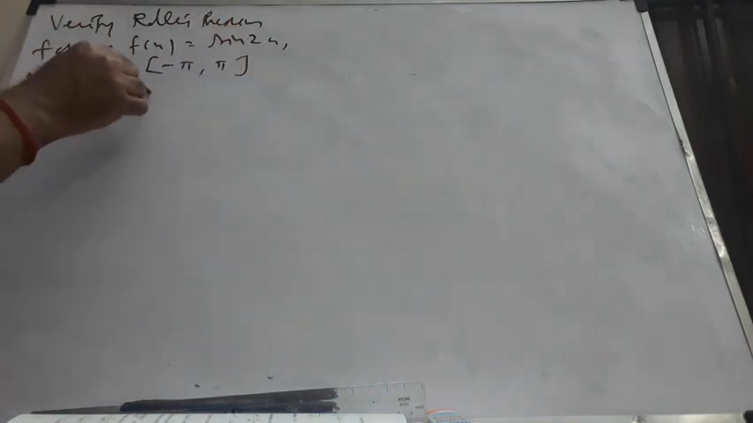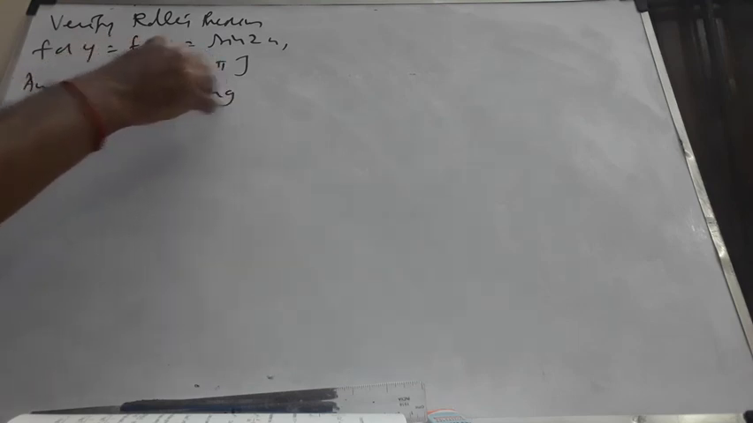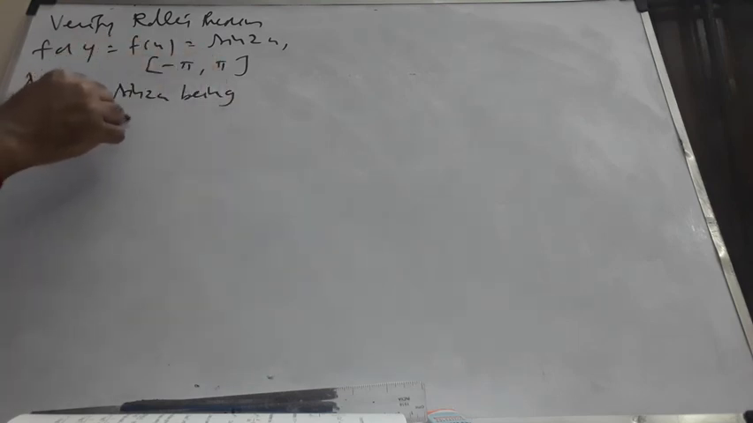Let me think about one more example. Verify Rolle's theorem for y is equal to f of x equal to sine 2x in minus pi comma pi. Then answer: y is equal to sine 2x, being a sine function,